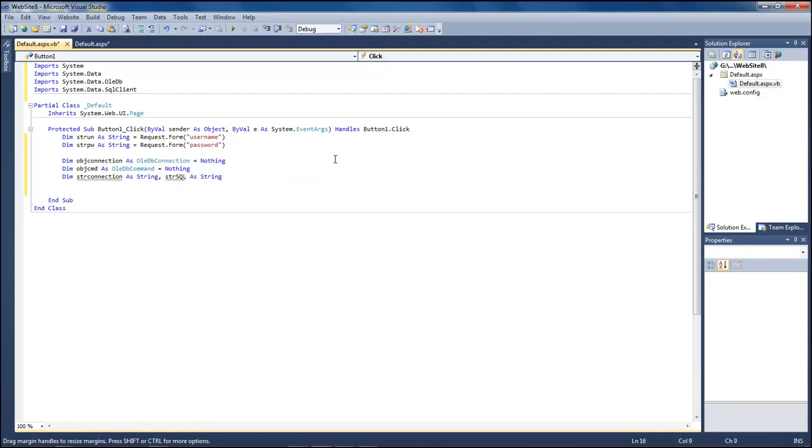Now we want to do our connection string to our database, so it's going to be string connection equals provider equals SQL OLEDB, and comma data source equals,